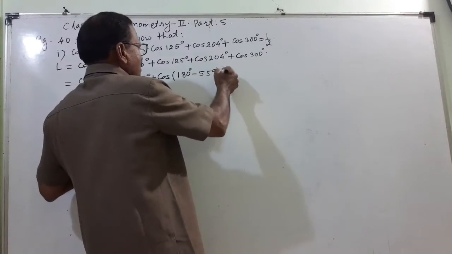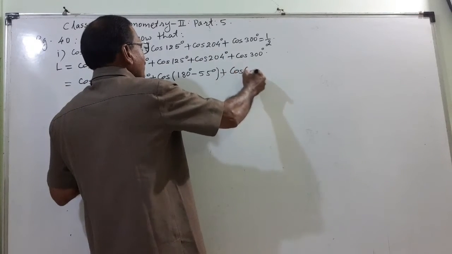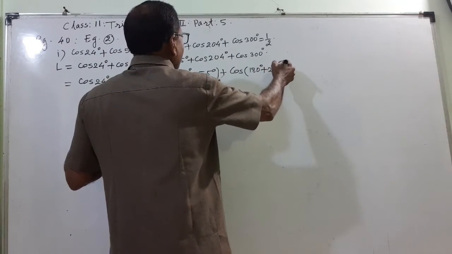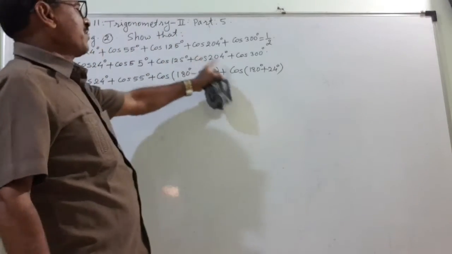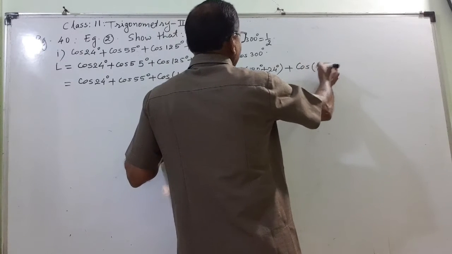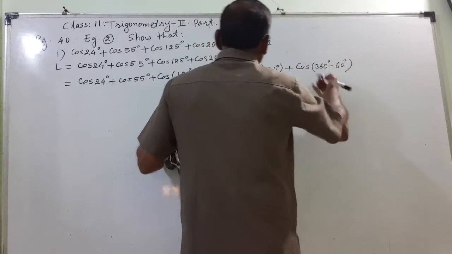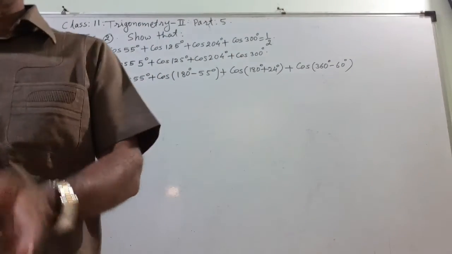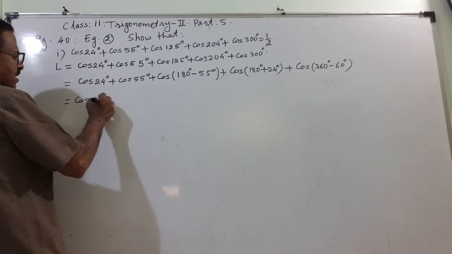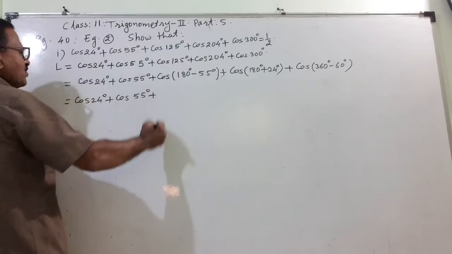Plus, this is again very close to 180. So cos of 180 plus something, how much? Plus 24 is equal to 204. Plus, this is cos of 360 minus 60, and that will give you 300. That is equal to cos 24 degree plus cos 55 degree plus cos of,